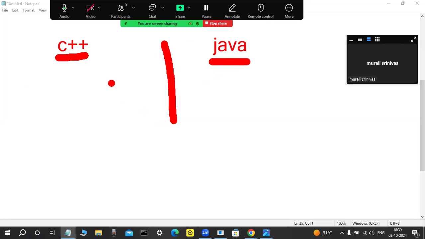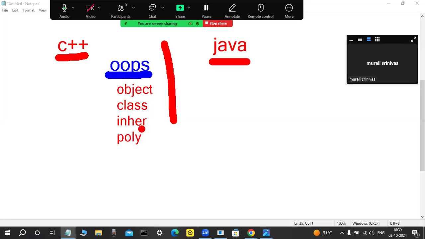So many object-oriented languages are there worldwide, from different companies. But in object-oriented languages, there are some OOPS features, object-oriented features. So many of you may have an idea. The features are: what is an object, what is a class, what is inheritance, what is polymorphism. Are these concepts there? Yes. The same concepts are available in Java also. Java also supports object-oriented features, where there is the object,